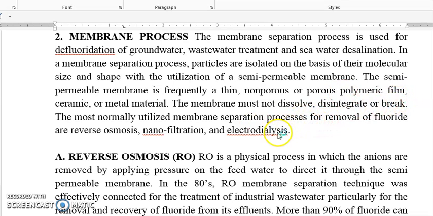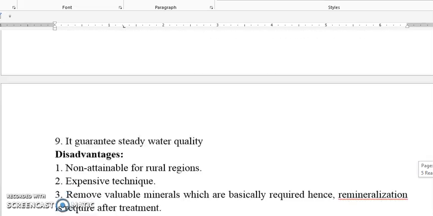In the last video on defluoridation, we were discussing membrane processes for removing fluoride from the water. In that, we have already discussed the reverse osmosis or the RO plant. Now let's see what other membrane processes are used for defluoridation of the water. So next one is